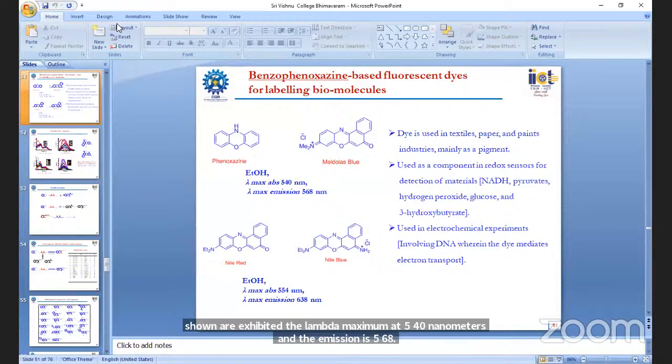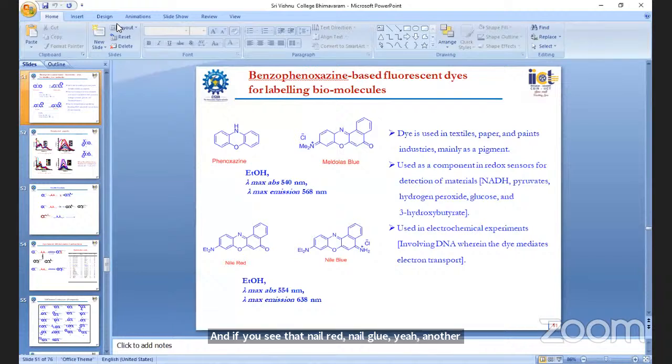And if you see Nile red and Nile blue, another important class of phenoxazine compounds, the lambda maximum is 554 and the emission lambda max is 638. These compounds are used day to day in the labeling of molecules, as redox sensors, in detection of materials, and in the textile, paper and paint industries, and mainly to make pigments also. So these are very important compounds involved in DNA work, where the dye mediates